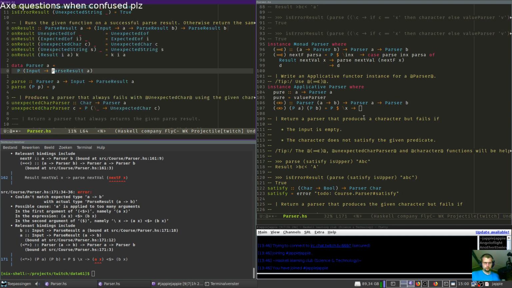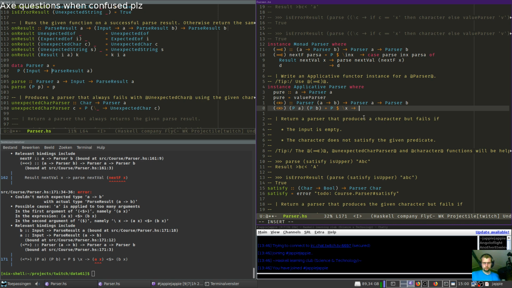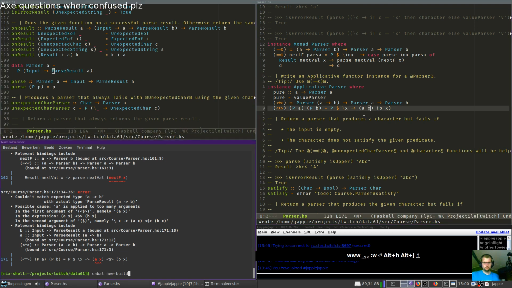Input. I want to say like A of x and B of x. But then we still have the result thing, which doesn't apply. Does it? And they both kind of make no sense to me.